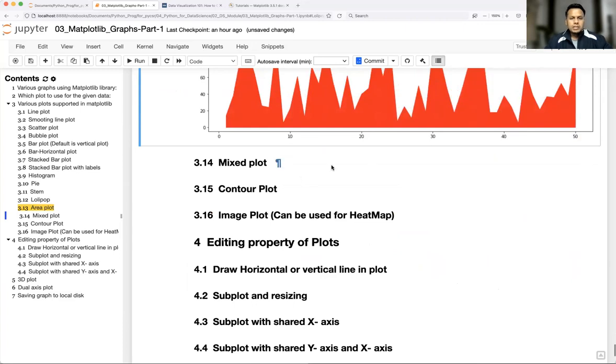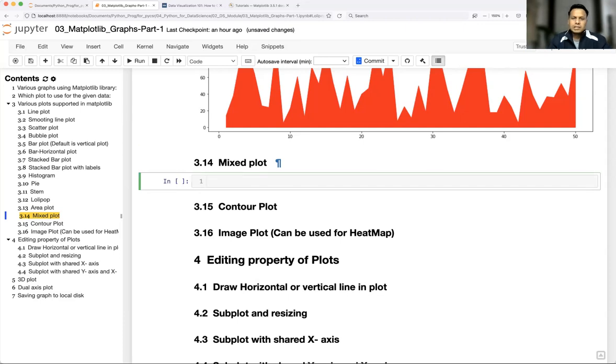Okay, so mixed plot is nothing but, in the notebook, if you keep plotting graphs, every graph is going to be plotted in the same figure. So in that figure, you can plot a number of plots. Let's say I'm plotting a scatter, a line as well as a dotted line, a lot of plots. Everything will get mixed and you'll get the mixed plot. So what I can do,